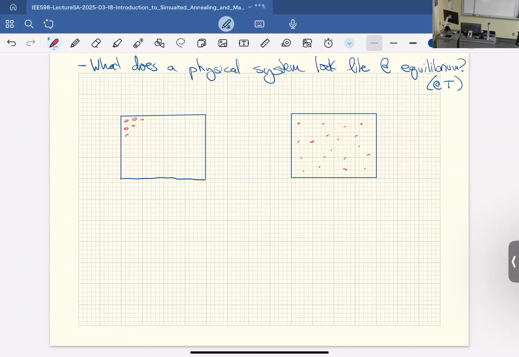Why? It's hard to answer this question, but I have a feeling if I asked you to voice why you think this one's later, you'd say, well, it's more spread out. But why do we think more spread out is later? That's kind of the fundamental question. So beyond it just being more spread out, why do you think more spread out would be later in time?